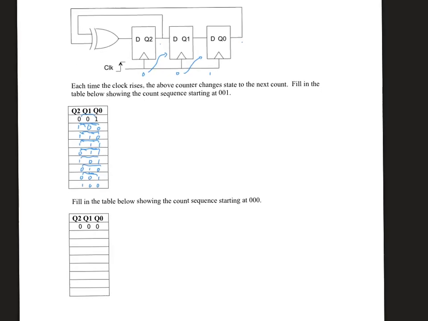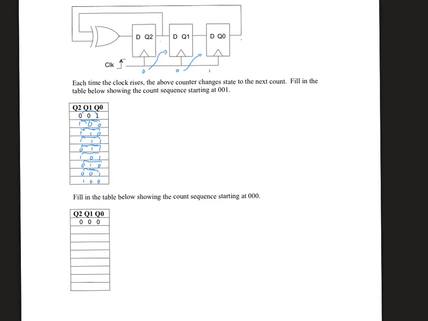And that should be the end. And then down here, it's the same thing. We shift these two over, we XOR 0 and 0, and we get 0. Now we shift those over, XOR 0 and 0, and we get 0. So you can see it's just always going to be 0 all the way